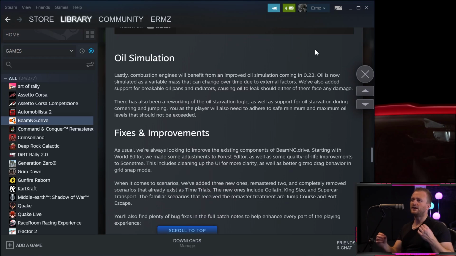Oil simulation. Lastly, combustion engines will benefit from an improved oil simulation coming in 0.23. Oil is now simulated as a variable mass that can change over time due to external factors. We've also added support for breakable oil pans and radiators, causing oil to leak should either of them face any damage. There's also been a reworking of the oil starvation logic, as well as support for oil starvation during cornering